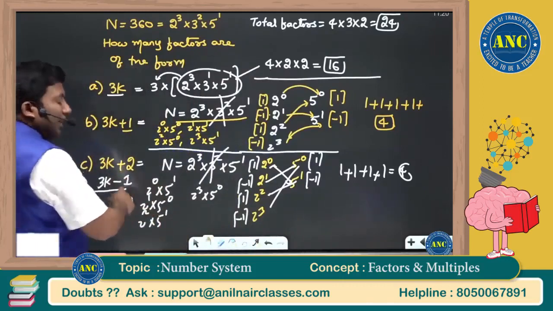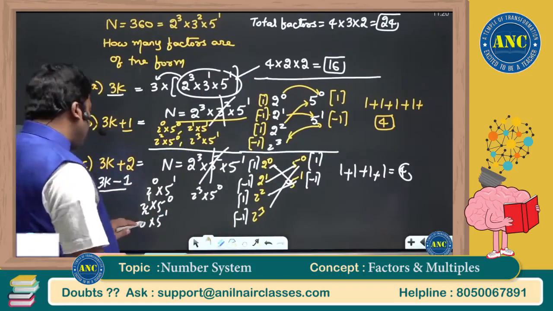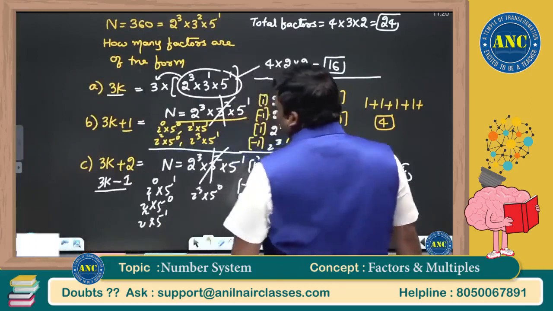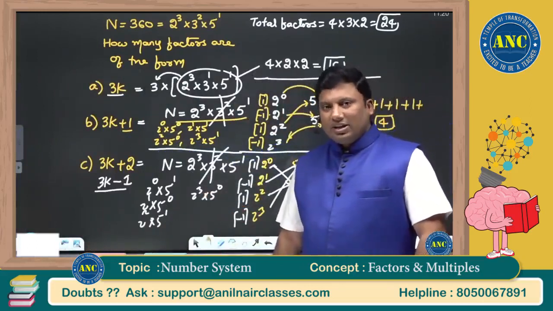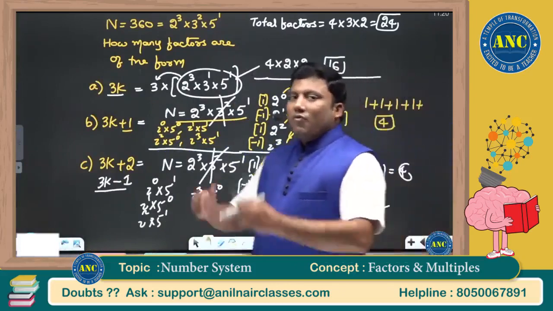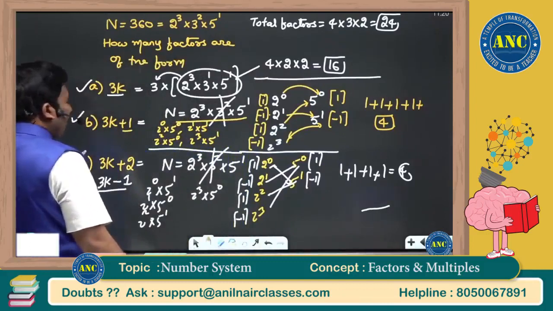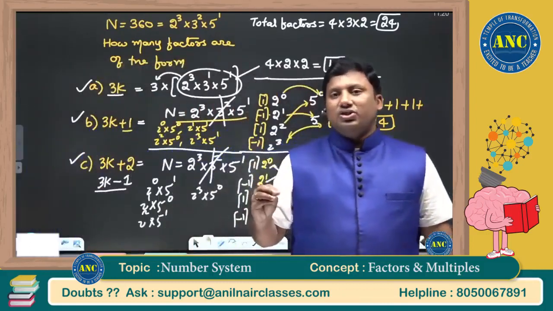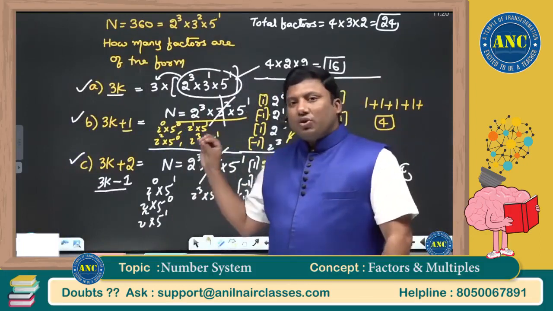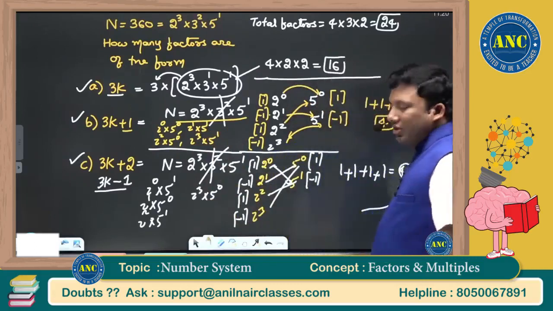1 into 5, 5. 5 is 3k plus 2. 5 into how much? What is this case? 2 square into 5. 4 5s are 20, 3 6s are 18 plus 2. 8 into 1, 8. 3 2s are 6 plus 2. It gives a remainder 1 in one case and a remainder minus 1 in another. Seems a little challenging, but once you understand, this question is very, very easy. I hope the idea is clear.